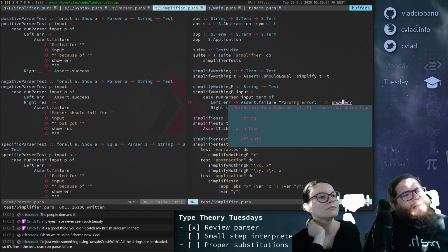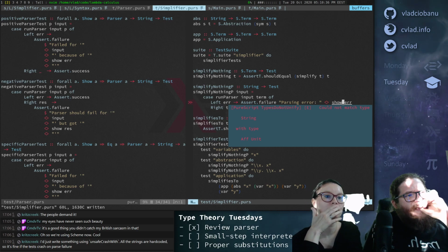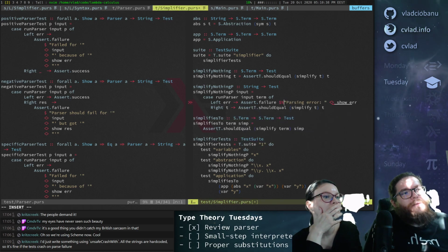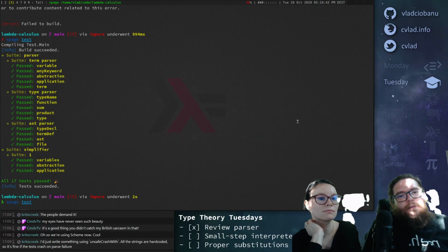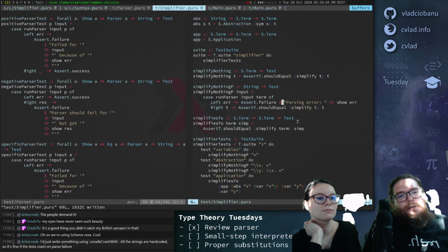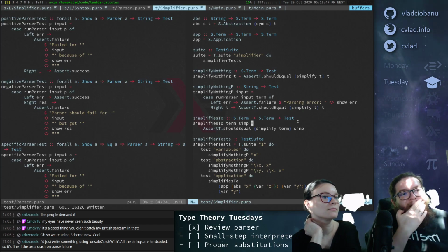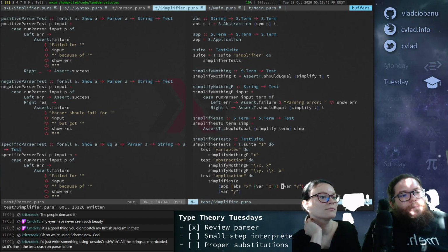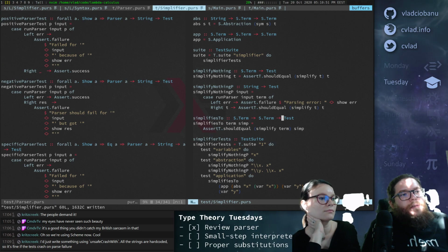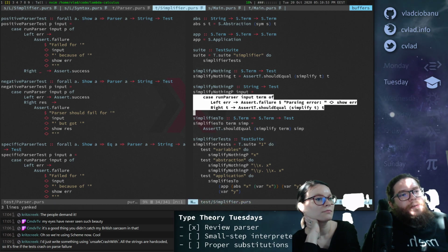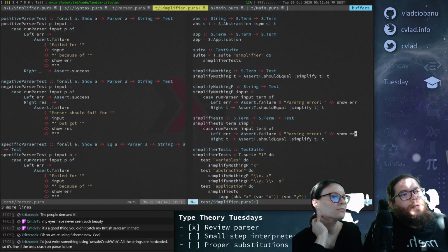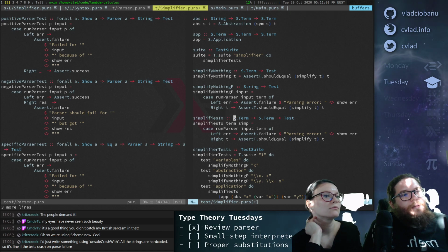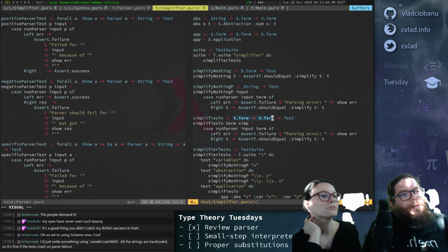What? Cannot match string. Oh, okay, because we need to do this. Let's see if those pass, and then we'll change the others. Okay, so simplifies 2 also needs to be changed and to use something similar to this. But then we need to, okay, so yeah, we need to change these to strings, right?